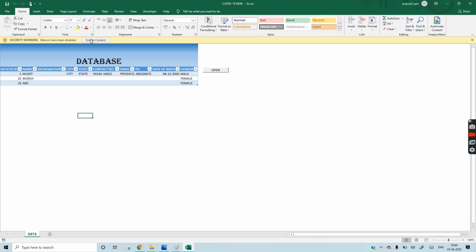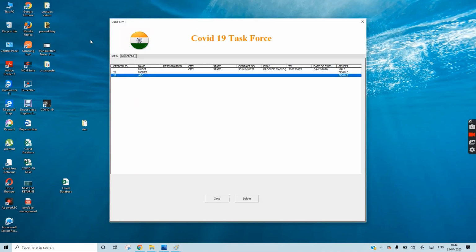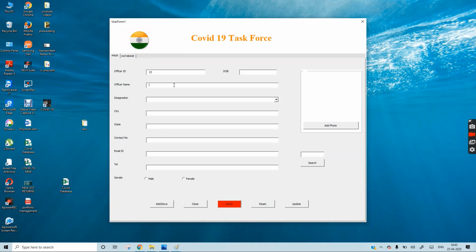The first thing you have to do is enable content. Now you will not be able to see Excel, it will be like this, and you can add data here only. Like the last is 22, so automatically 23 came. We will write the designation, select grade 2, similarly all the things, then add a photo.